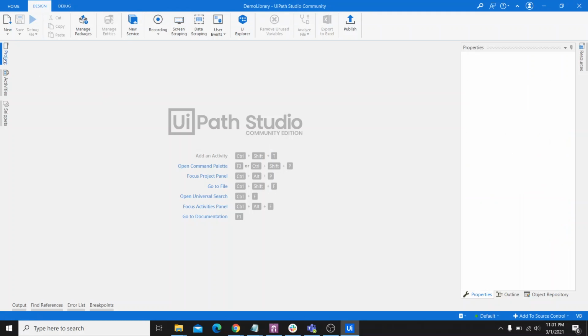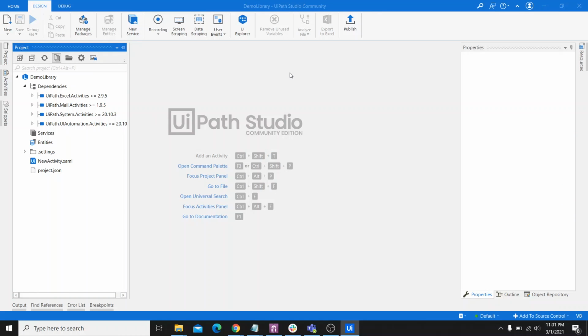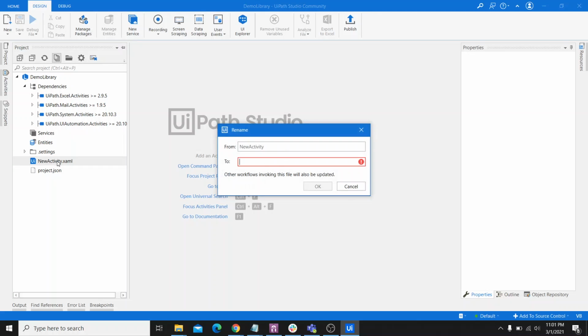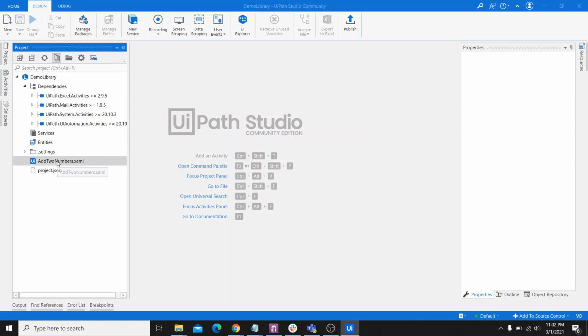Yeah. So for our demo, we are going to create a simple addition of two numbers workflow, which will just take two numbers as an input and then give us the result of the addition of those two numbers as an output. So let's do that. Let's change this name to something different. So let's give add two numbers. So yeah, let's open this